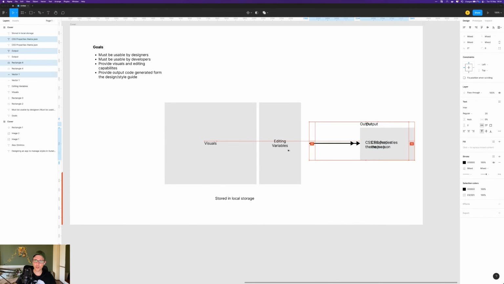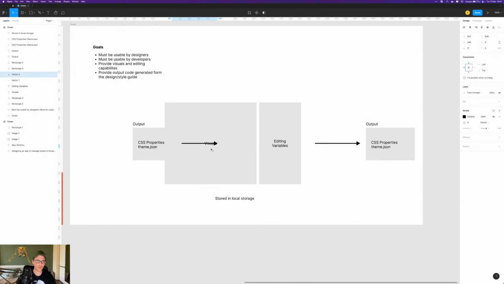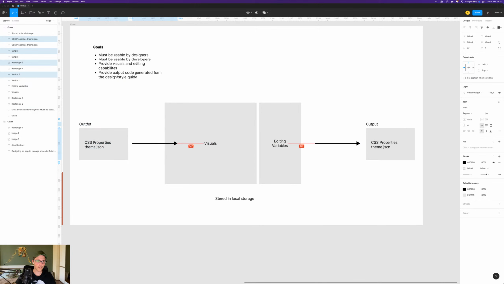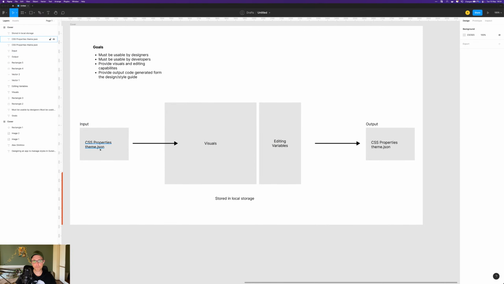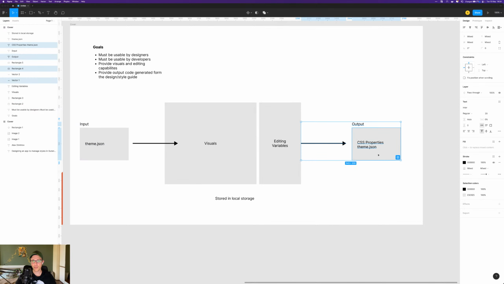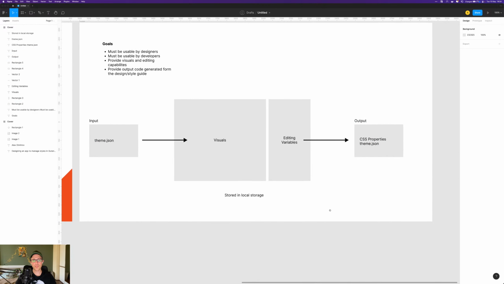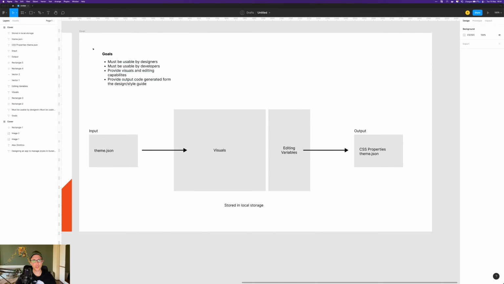This, and we also can give it an input, which is the theme.json file. That way, when it's implemented, it's gonna read a JSON file, which, what better? So we get something like this in the end. Those are the general bigger goals. And the cool thing, oh, and we can have a light,